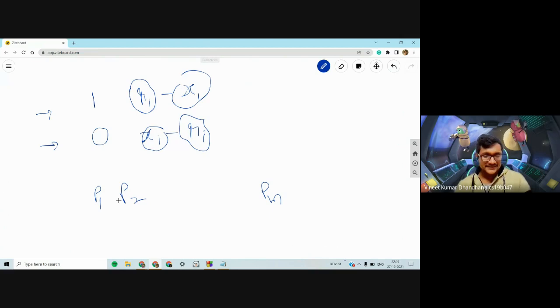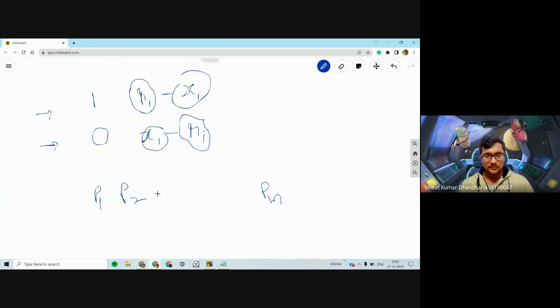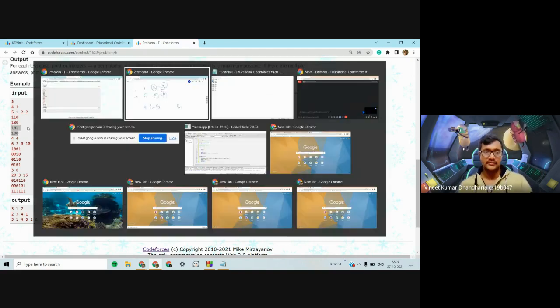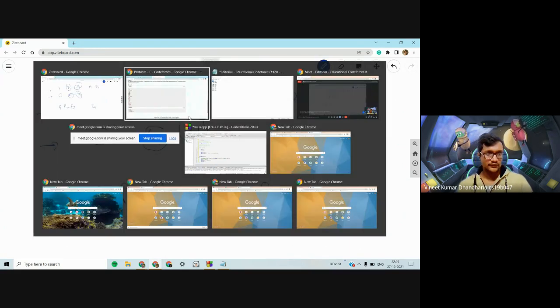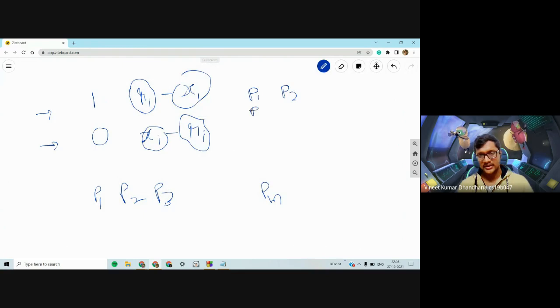Now, in this example, we have P1, P2, P3, and we know that the first two students will contribute positively, and the last two students will contribute negatively. So our score would be P1 plus P2 for the first student, plus P1 for the second student.